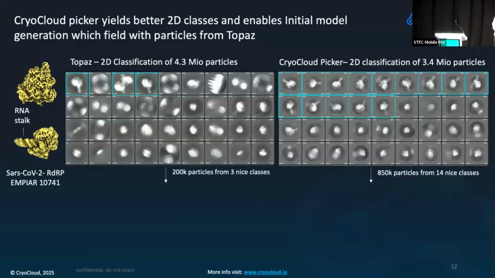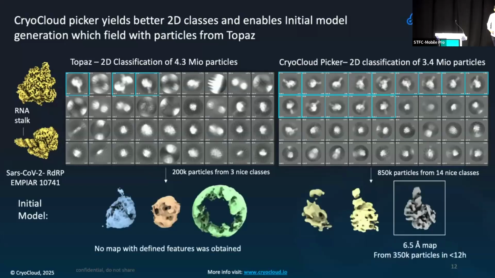However, when we did the 2D classification, the difference was very significant. For Topaz, we only see 3 nice classes that have this characteristic RNA stock here, whereas the 2D classes picked with the CryoCloud picker show much more details, and we get many more classes. Out of the nice classes, we get 200,000 and 850,000 particles,